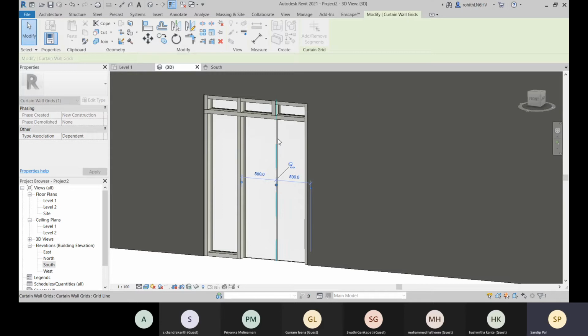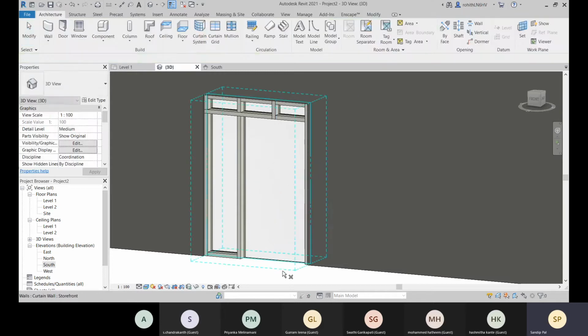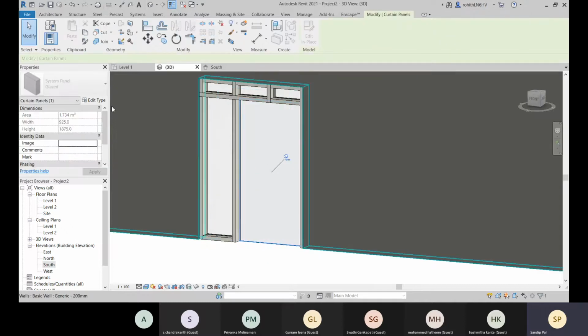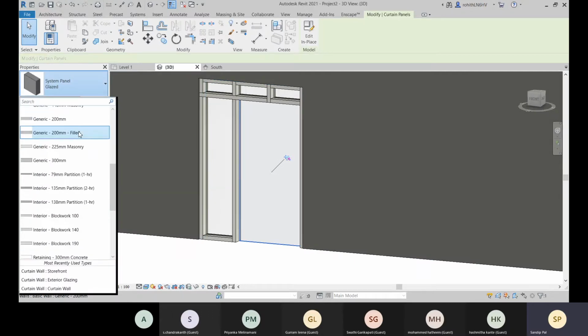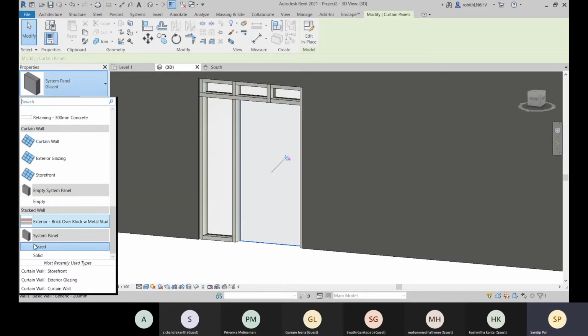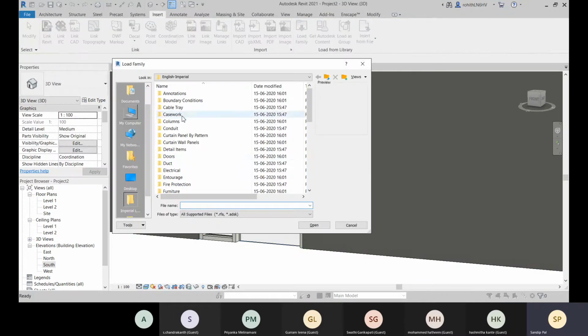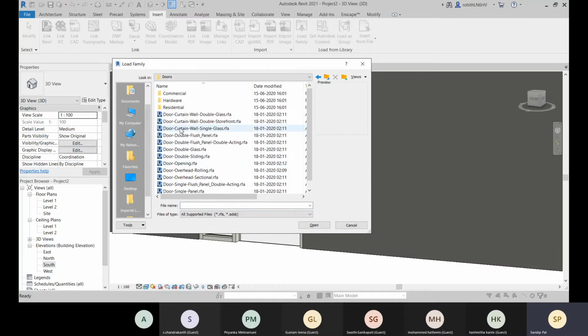And let me remove this segment. Okay, right now we have this panel. So with the tab, I will select this panel, and I will change this to one door. So make sure that door is loaded over there, otherwise you cannot. So how you can load it? Come to insert and go for this load family and come to door, and then you have those door types already created. If you have created your own, you can choose that.